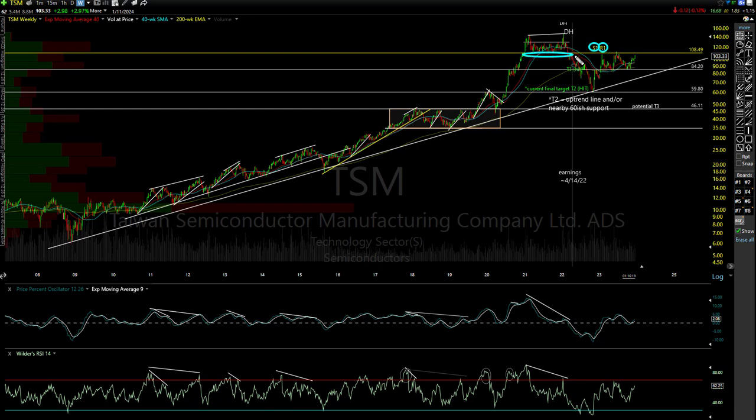So here I had it as support. It was also a level I believe I gave you at the time, if you weren't already short, if you didn't take any of the early sell signals, this was the most powerful sell signal on the weekly. This is what I've been talking about a lot lately, these areas of consolidation, these sideways ranges, especially with negative divergence. They are indications of a major top. And so far, that was the top. Despite this 85% rally, we're well off those highs right there in Taiwan Semi.